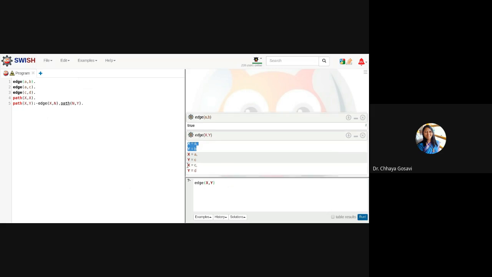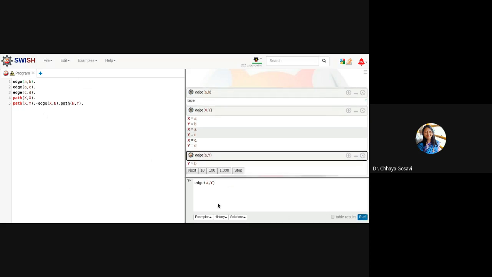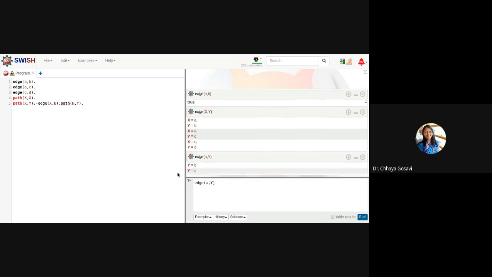If you press next, it will show another value which is matching with this rule. And if I want A to X or Y, now the value of Y is B because it is matching with the first fact A comma B. When I press next, it is printing C, and there is no next because we didn't have another fact which is matching with this query.